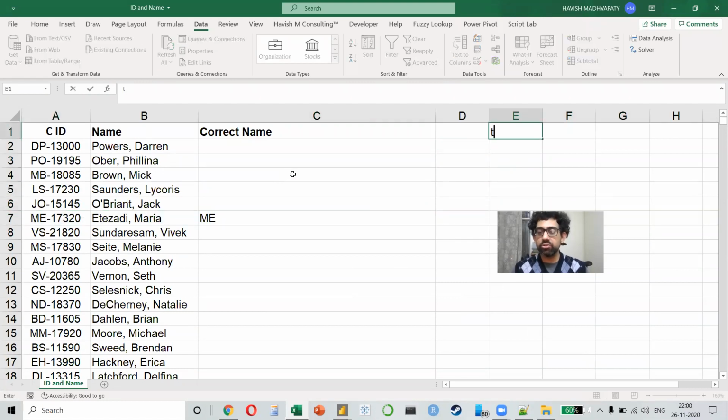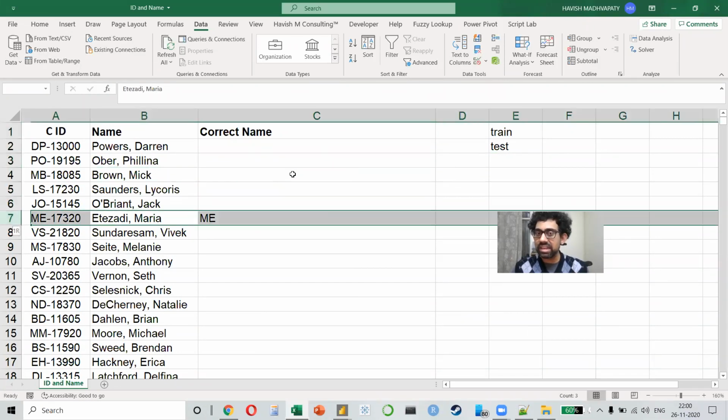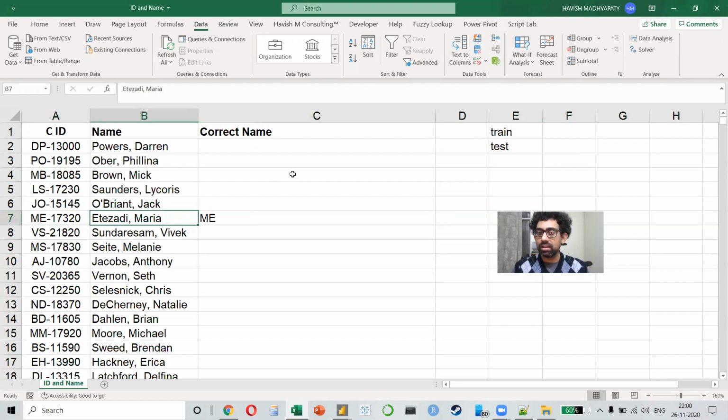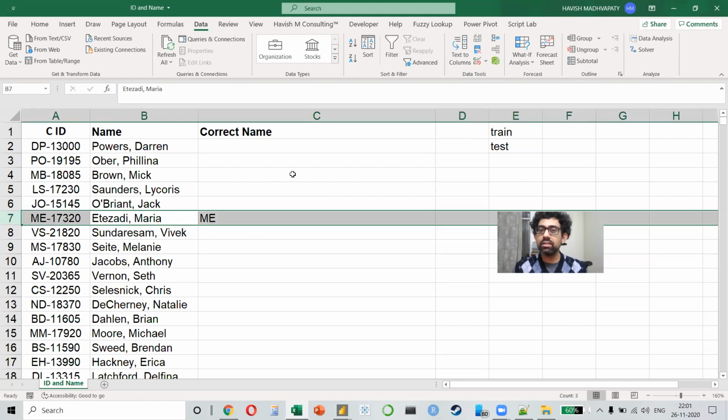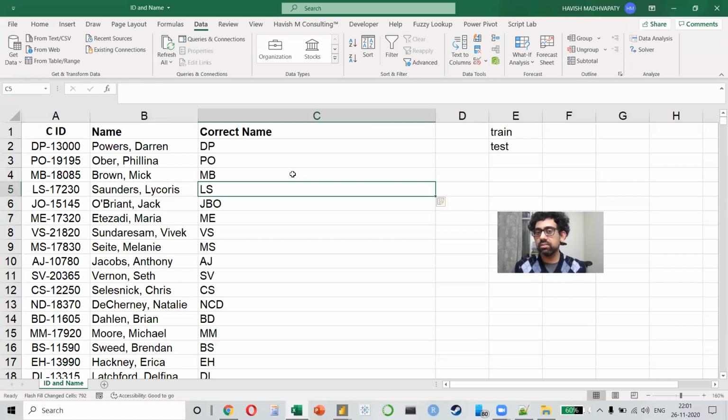In machine learning, we have a trained data and we have a test data, correct? What am I doing right now? I'm training the system. This is my training data set. I'm training the computer to understand that whenever you find a name, you have to take out the first letter of the first name and the last name. And then it will repeat that action for the rest of the rows as well.